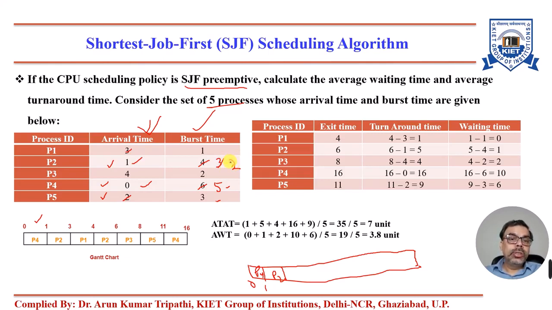So here it is 2, it is 1, it is 5, and it is 3. So the shortest is P1. So the processor will be snatched after 2 milliseconds from the process P2 and handed over to the process P1. P1 will execute for a second. Now its burst time will be 0. At 4 seconds,